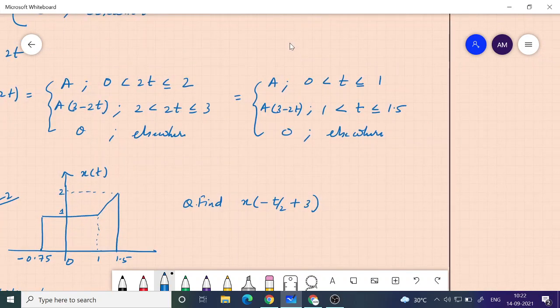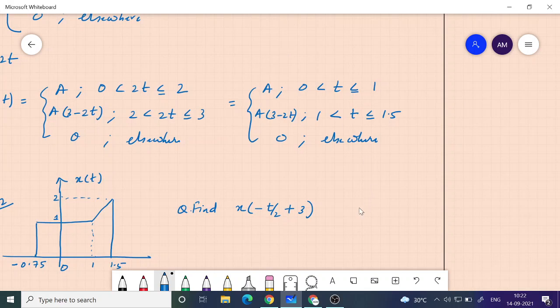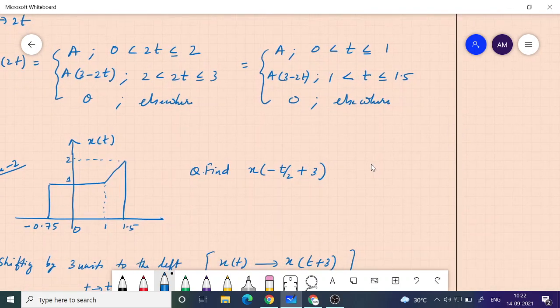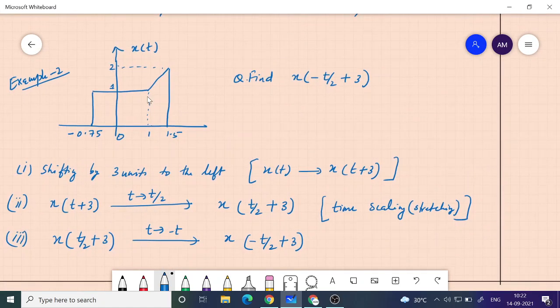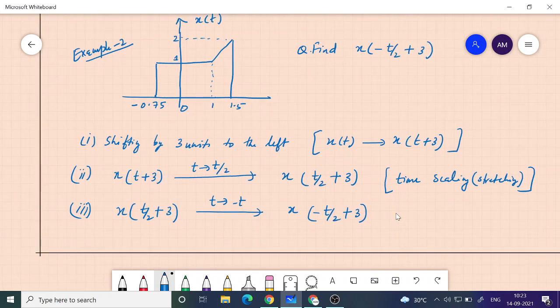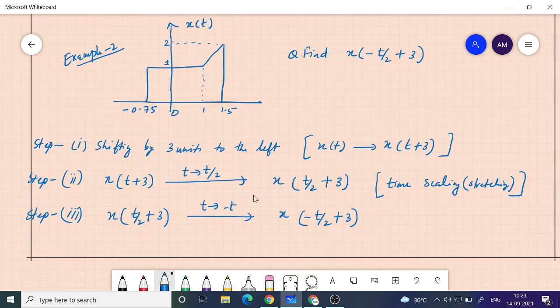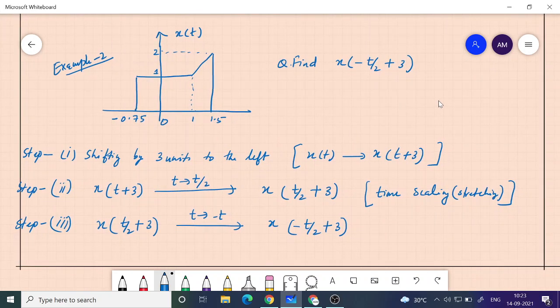Sir, can you explain once more after shifting? Only the shifting. Yes, sir. What we are given is x of t here, and I said I will be shifting this function. First step, I am doing it step by step. So this is step 1. Now I could have taken another step here, but I have taken this particular step because I find it easier. There is another way of doing it also. You can take another operation as step 1, but I'll come to that later.